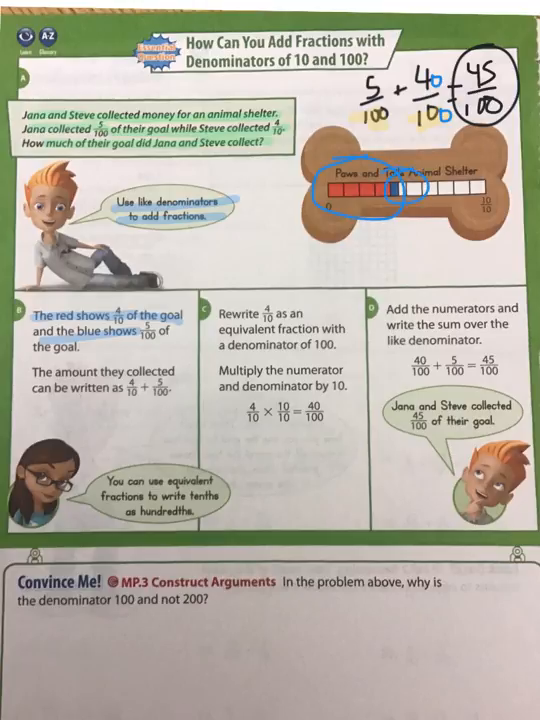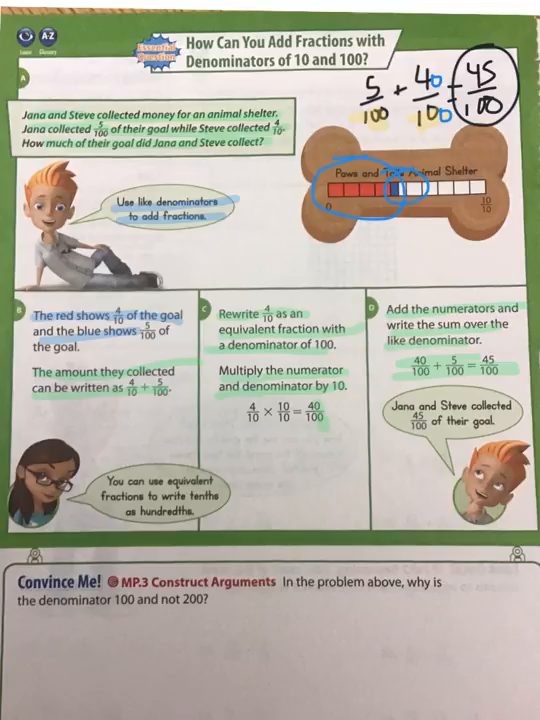As you can see, the blue is tiny compared to the red amount. 4/10ths is way bigger than 5/100ths. So the amount they collected can be written as 4/10ths plus 5/100ths. We have to rewrite 4/10ths as an equivalent fraction of a denominator of 100. So we need to multiply the numerator and denominator by 10. Or you can just add a 0 to each side. Then we're going to add the numerators and write the sum over the like denominator, which is just like what